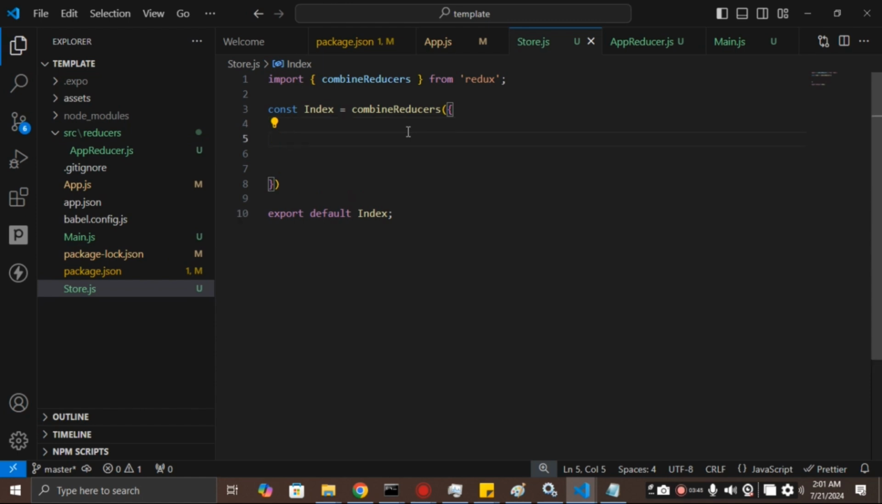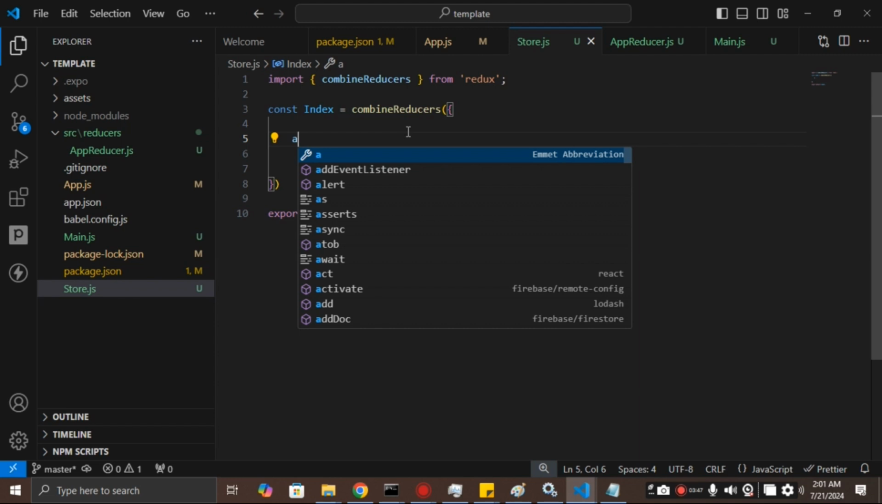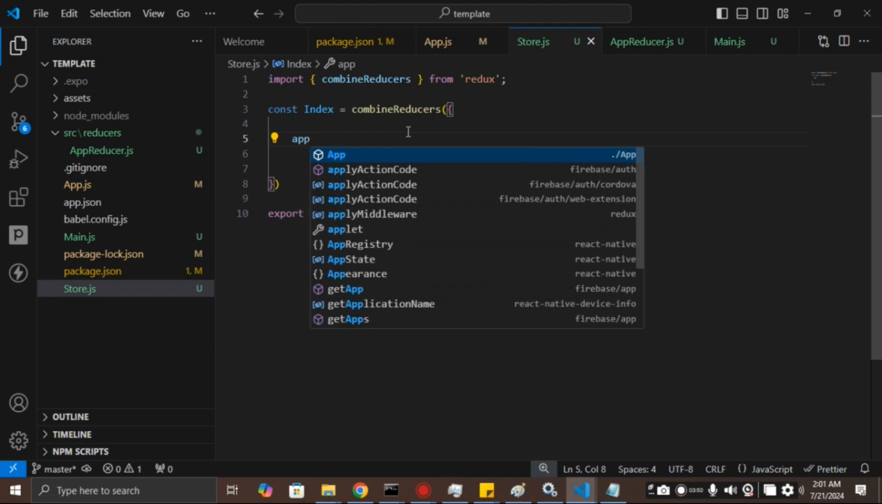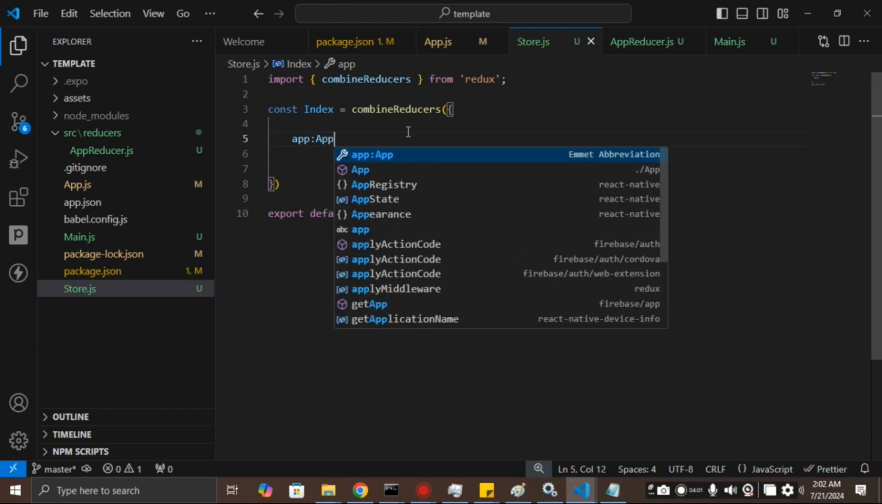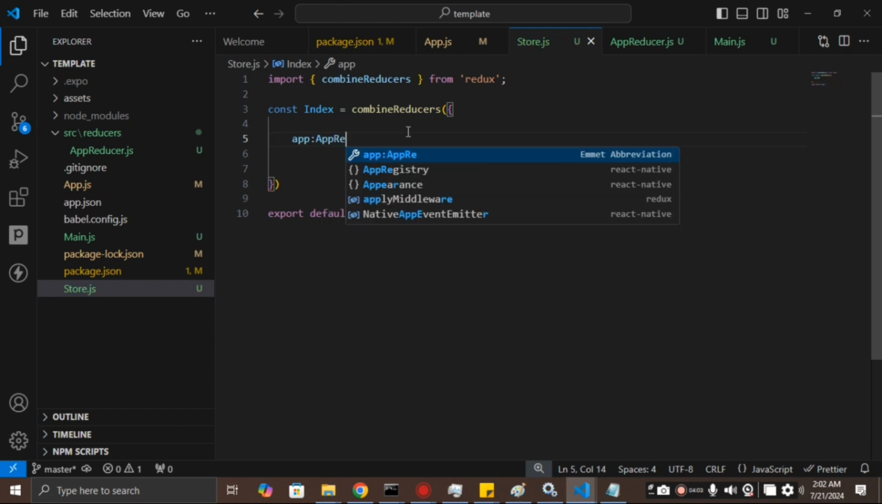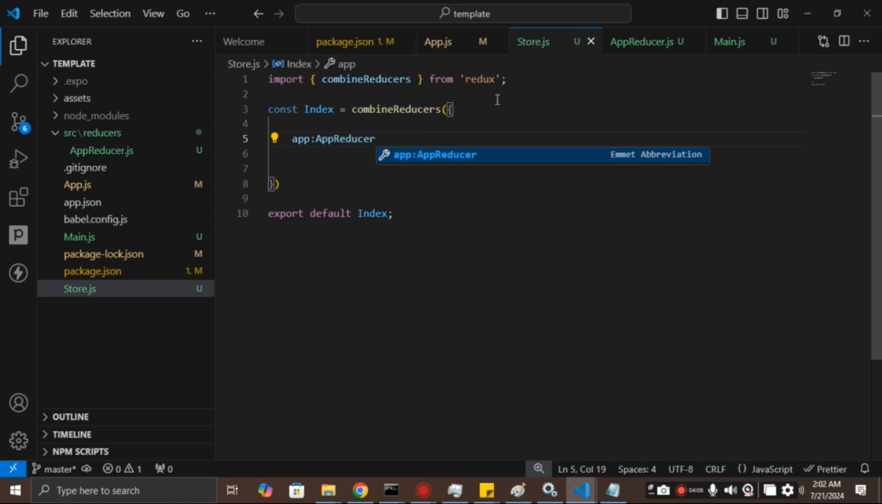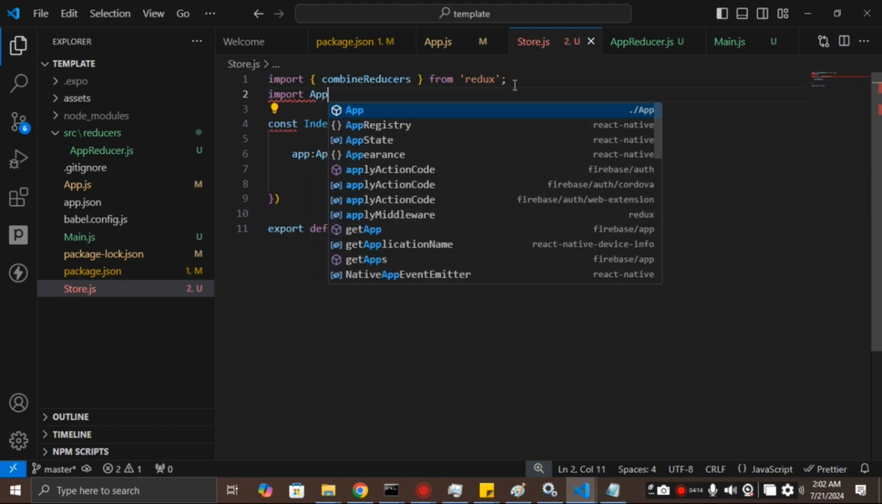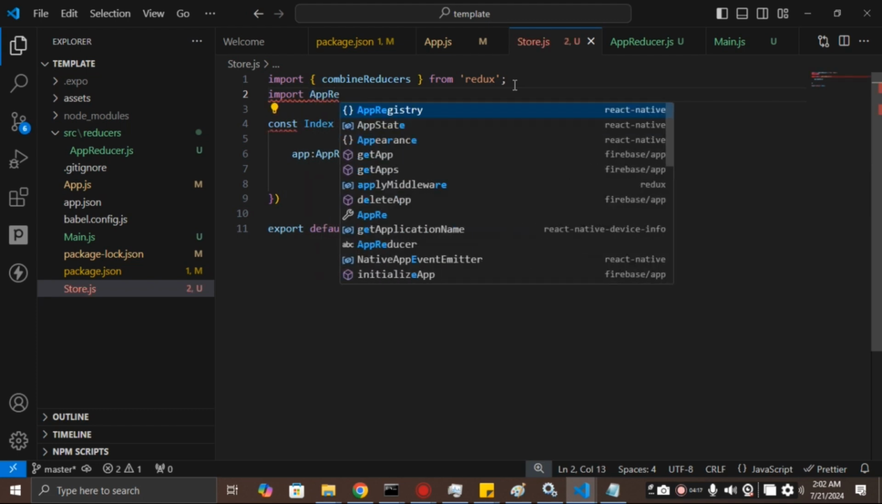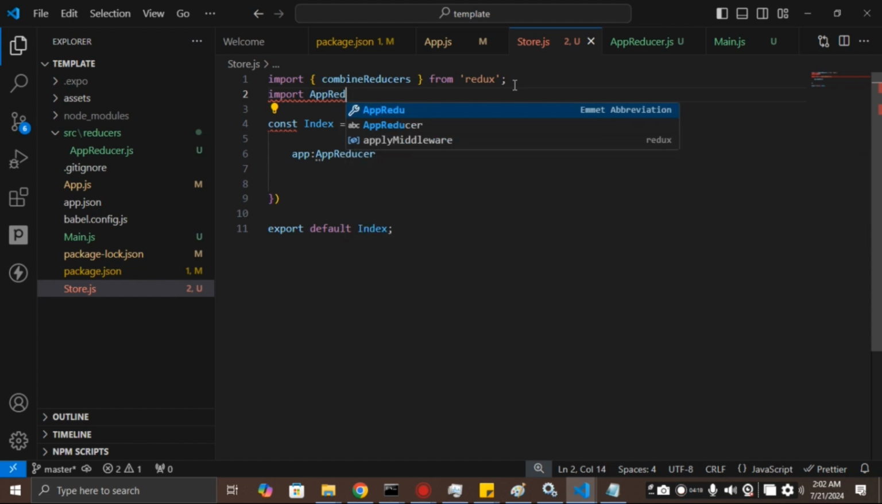So you just have to pass a key and a value. A key just like app, then you'll have to pass the value as the entire name of the reducer that you want to pass. We've said it's app reducer, and we could just import it, import app reducer. Also, we have actually not exported it, so